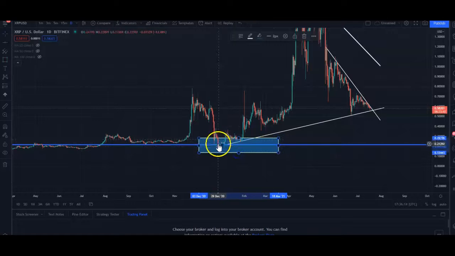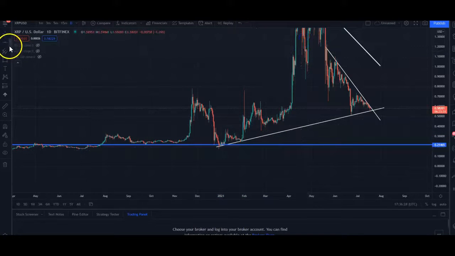Price consolidated from this support zone, started pushing up from the support zone, and then started creating higher lows. Higher lows are a sign that we are going into a potential uptrend, or that we're in an uptrend. So here we have our first set of lows printed, and then as you can see, we have our second higher low printed here,